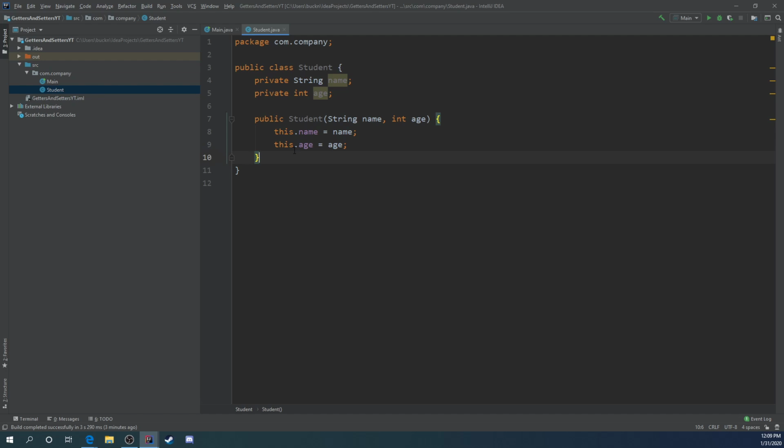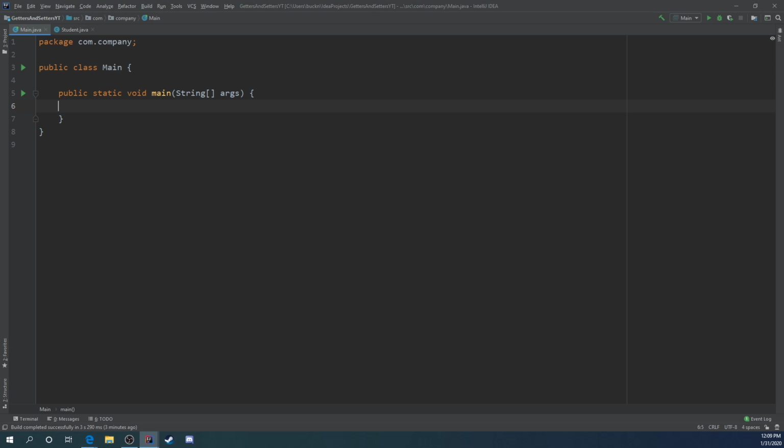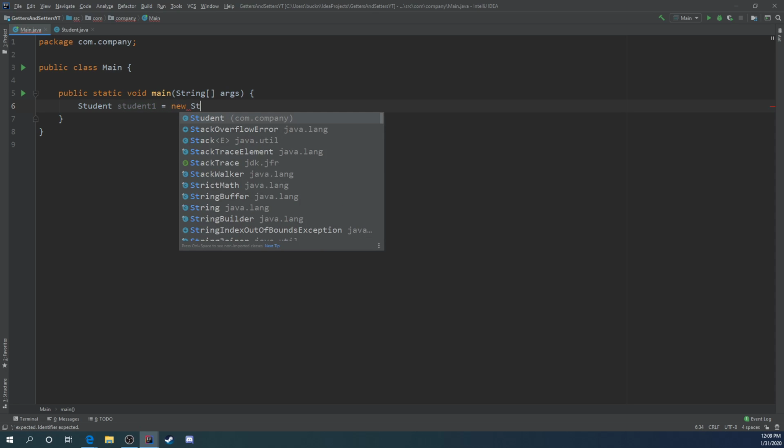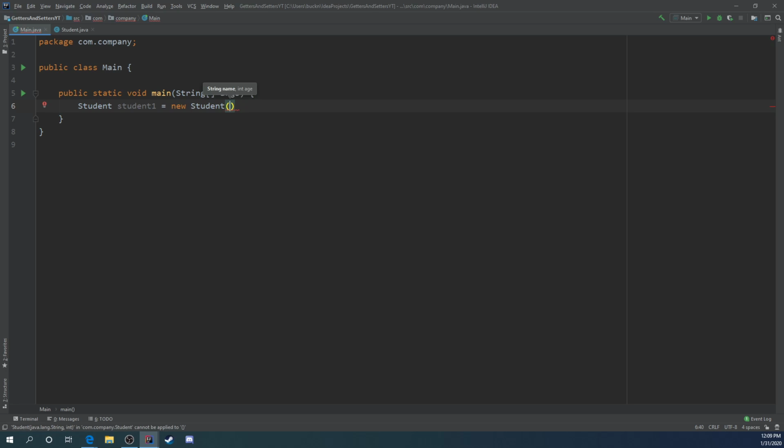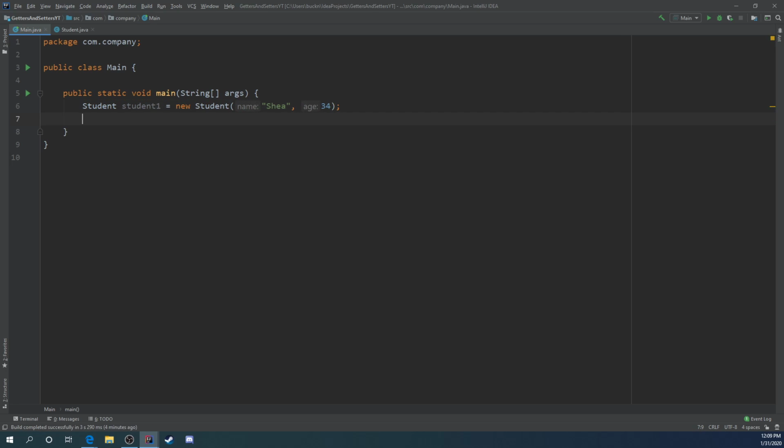Alright, so now that we have our constructor, we can instantiate our class. So let's go ahead and instantiate our class. We'll do Student, nope, not String, Student. We'll say student1 equals new Student, and we have to pass it two arguments here, and you'll see right here String and age. Let's do my name and my age, and then we're going to just output what student1 looks like right now,